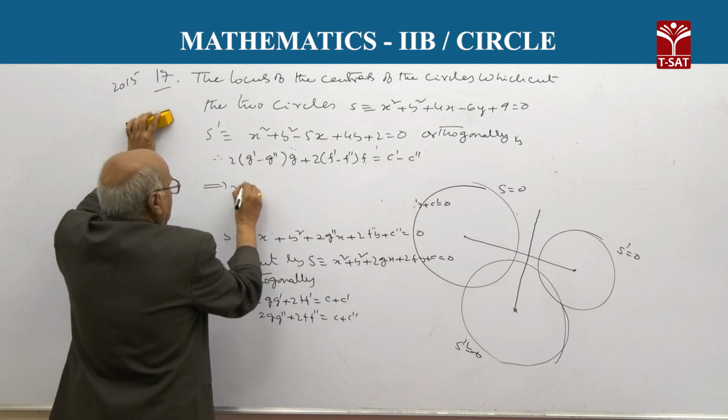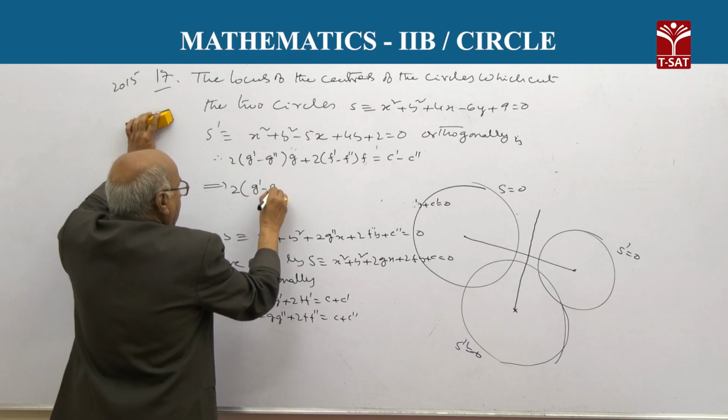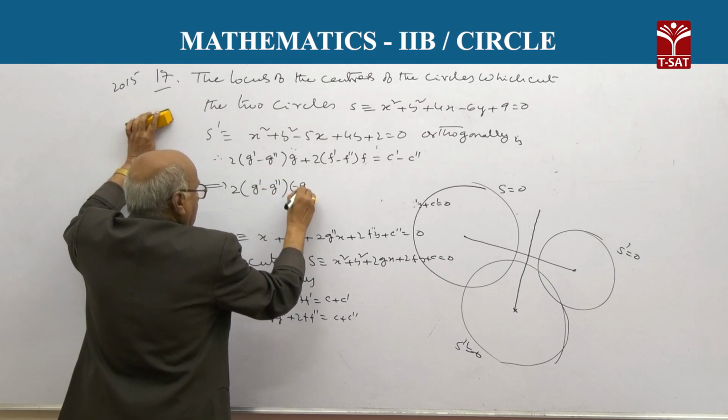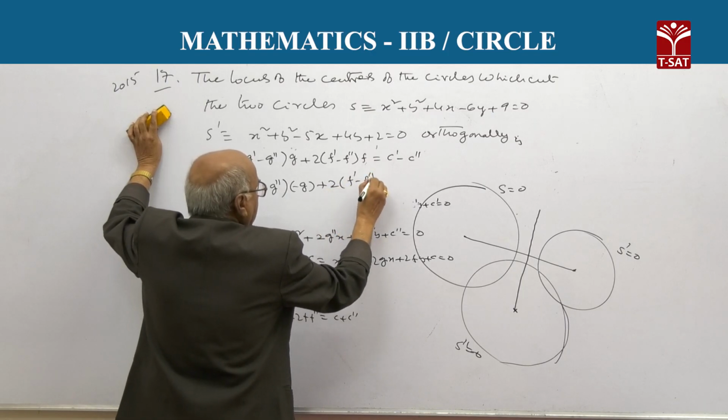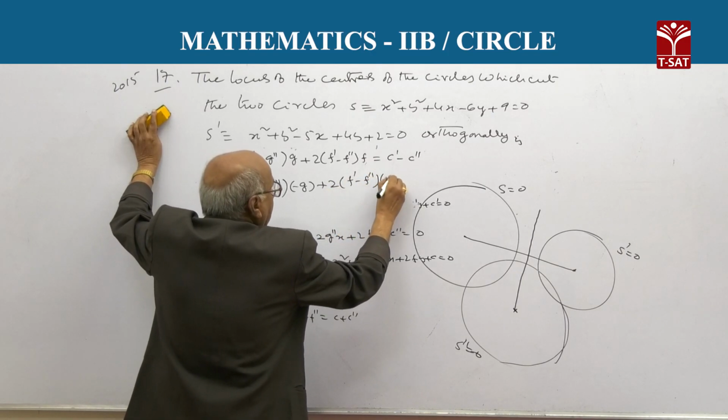That implies 2(g' - g'')(-g) + 2(f' - f'')(-f)